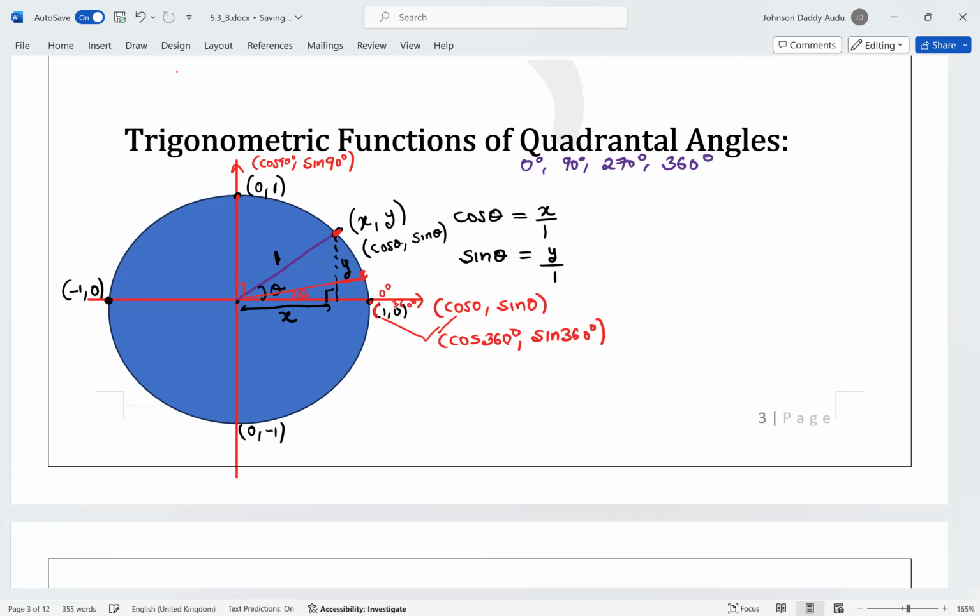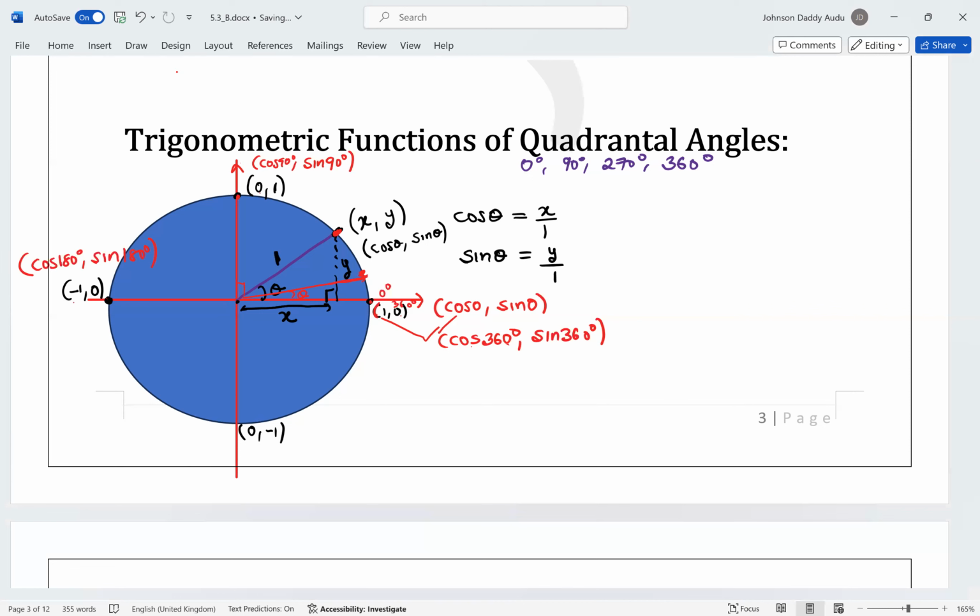You see, cosine 90 degrees is 0, sine 90 degrees is 1. By the time we get here, this minus 1, 0 is equivalent to cosine 180 degrees and sine 180 degrees. This tells us that cosine 180 is minus 1,